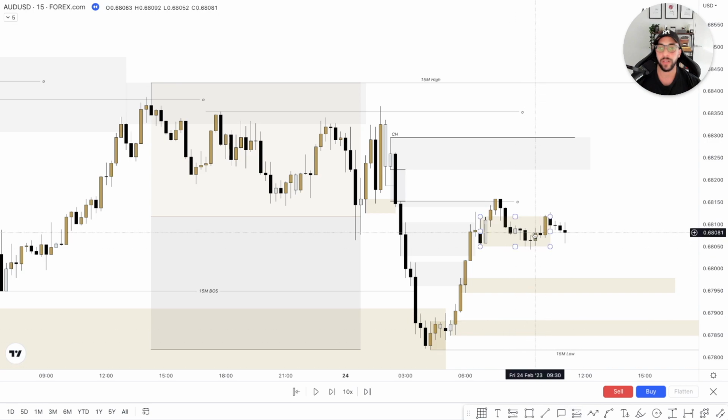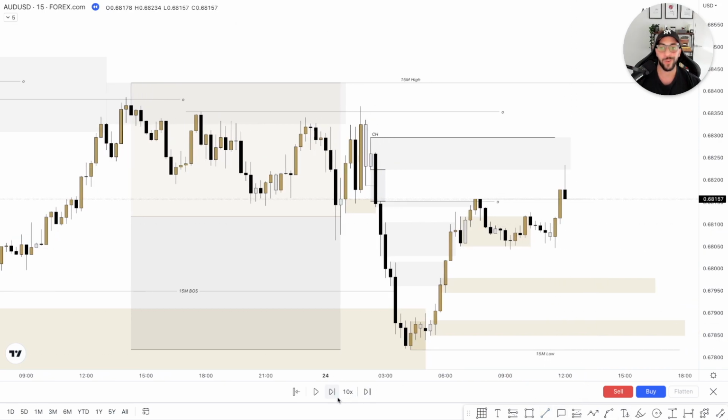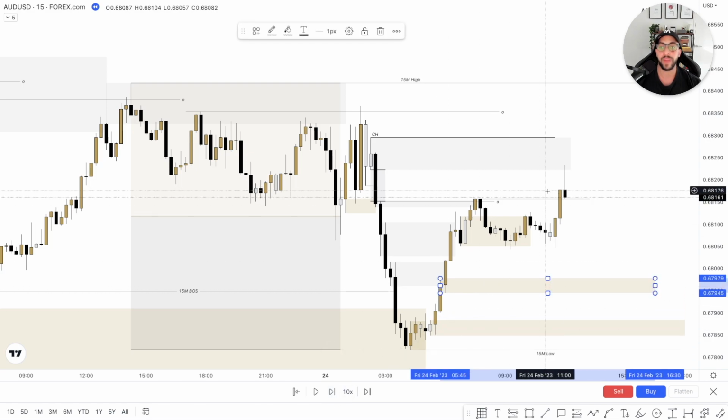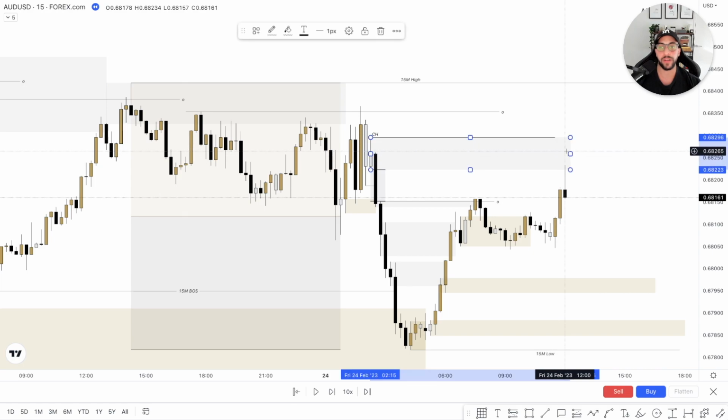So play price along a little bit. We were looking for shorts after this high here was taken. So I was expecting it to just be a sweep. But as you're about to see, it wasn't a sweep and we had a body close above. So when we had a body close above here, I was looking then to take shorts from within this supply